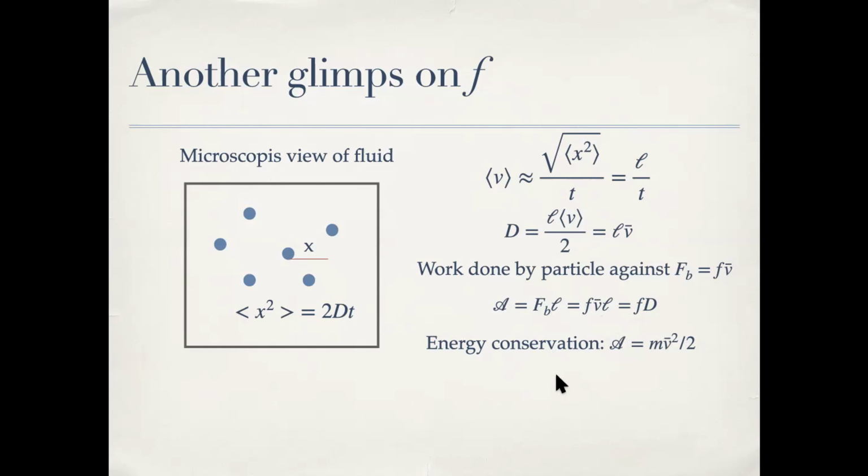If I compare these two expressions, I find out that my coefficient F is equal to m mean velocity squared divided by 2D. All right, so this is another glimpse on the coefficient F. From the Stokes law, I know that F is equal to 6 pi eta r. Great. Then I can put it there, and